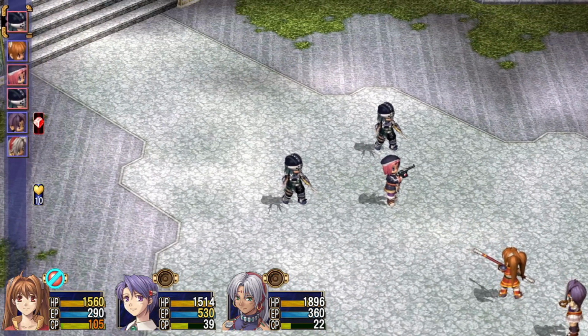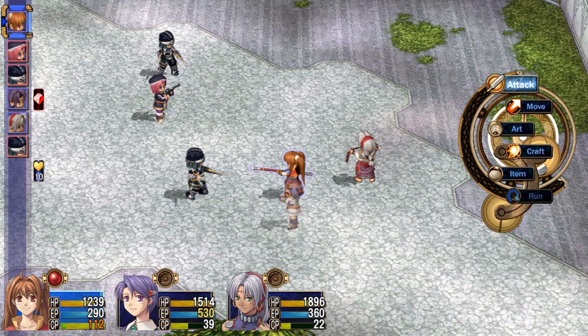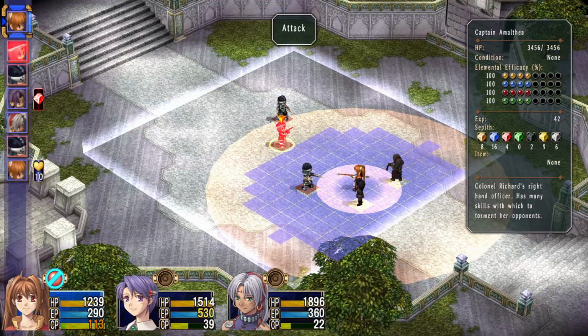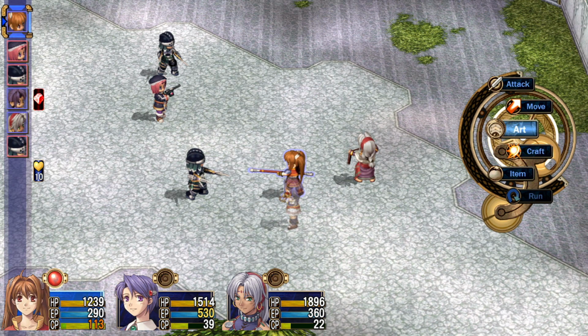And so, fight number 2. Yeah, we are actually fighting Captain Amalfi, finally. I'm sure most people have been waiting for a long time to get a chance to beat her face in, but anyway. Right-hand officer. So, she can inflict poison, and she has a few other tricks up her sleeve too. She can cast some arts as well, so...